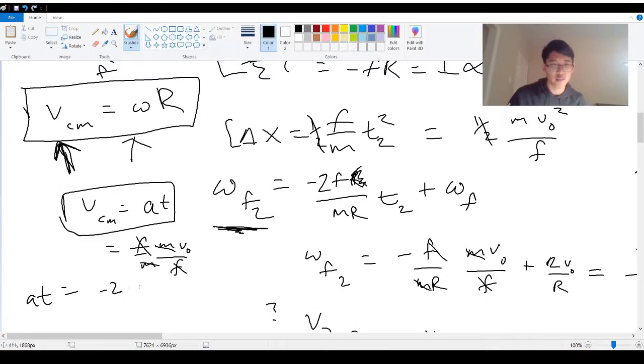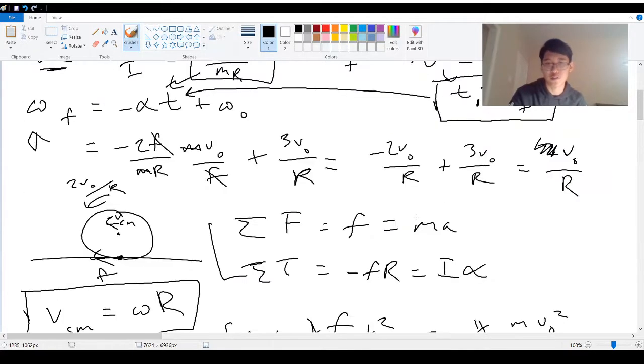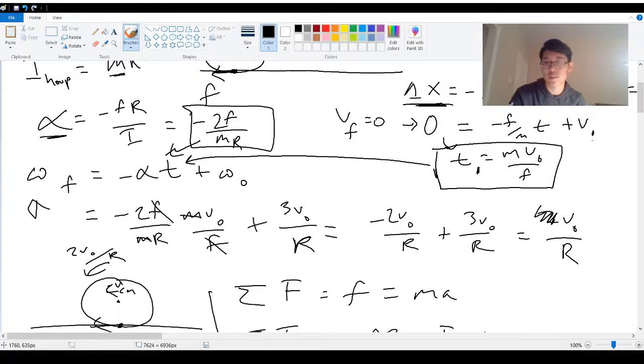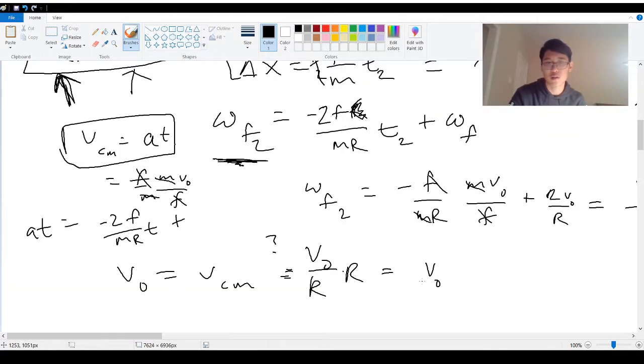So negative 2F over mRT plus the final after it stopped moving. So that's v naught over R. So this is the condition that holds. And now we have to see exactly what time it happens. And the time is going to be